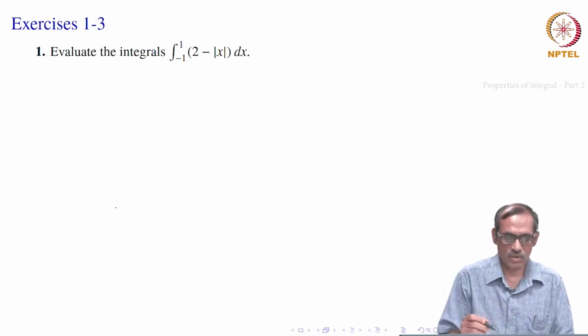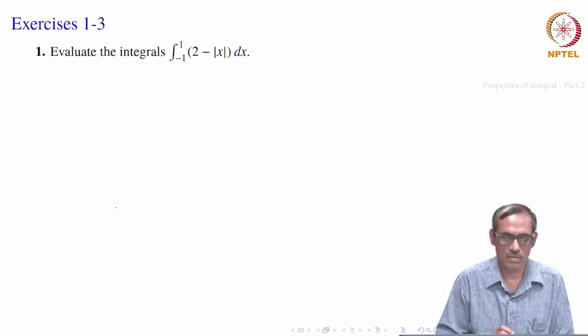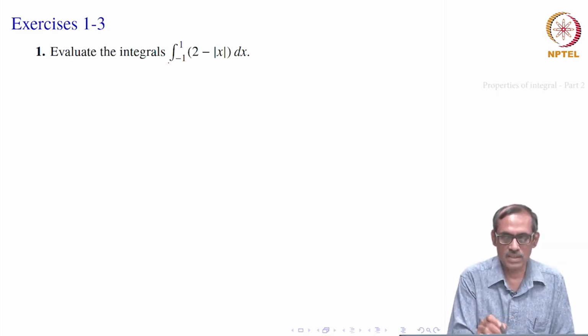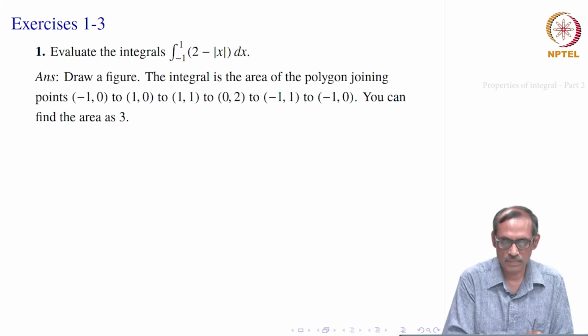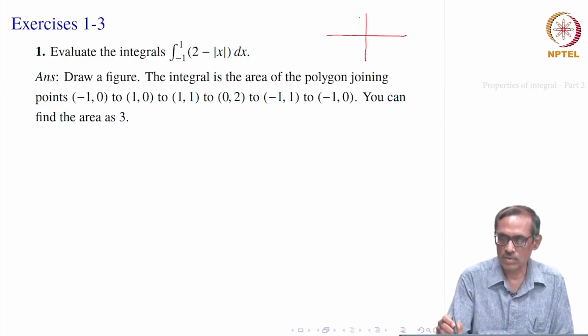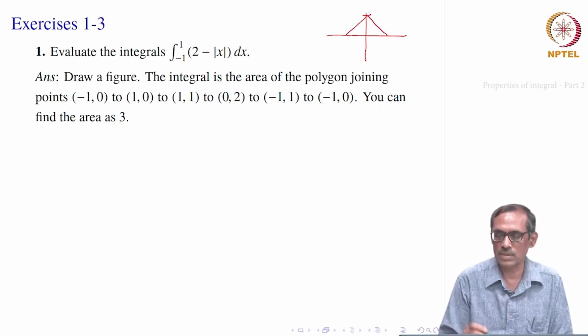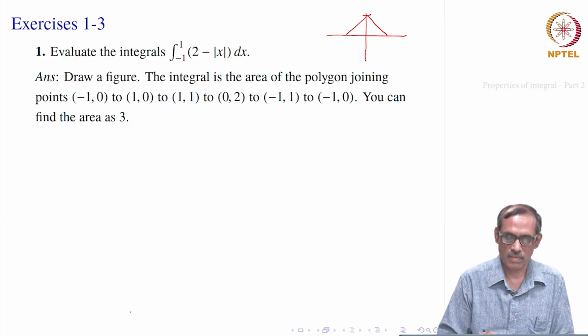Alright. So, we will do 1 or 2 problems and then maybe conclude today. So, evaluate the integral from minus 1 to 1 of 2 minus mod x. How do we proceed? If you draw the figure, it is 2 minus mod x. It is going to point 2 from where it is mod x. So, it will be an inverted shape because of the minus sign, looking something like this, right. So, this distance is 2. Okay. So, you join it, it will be something this way, but it is minus 1 to 1.